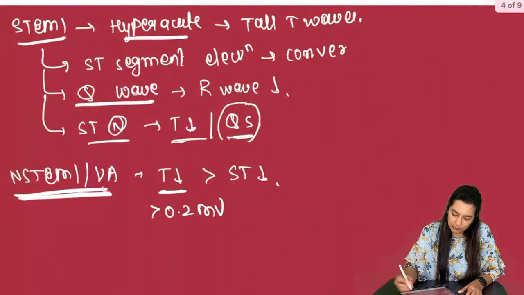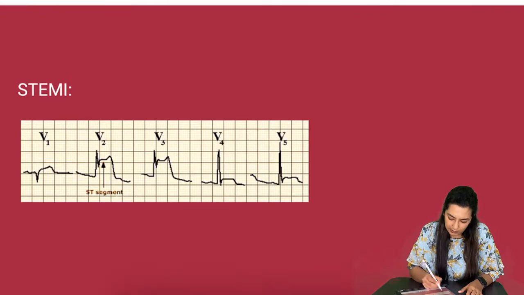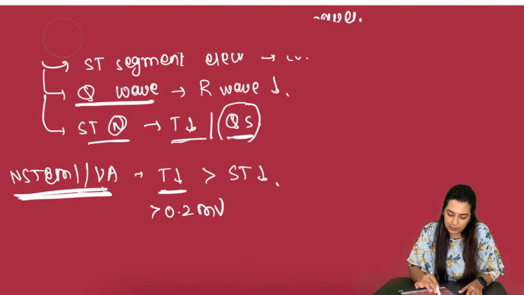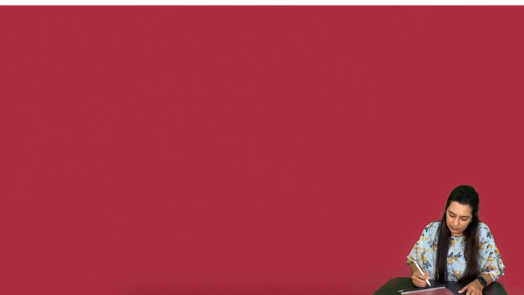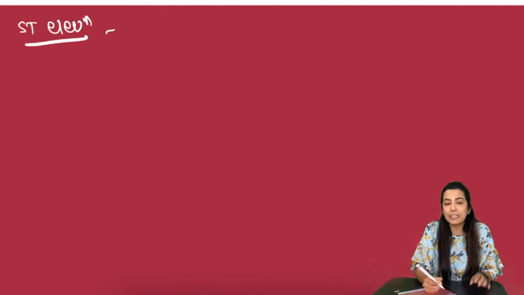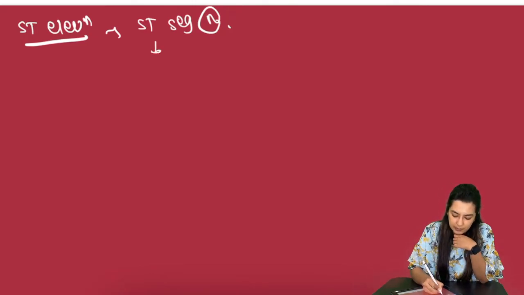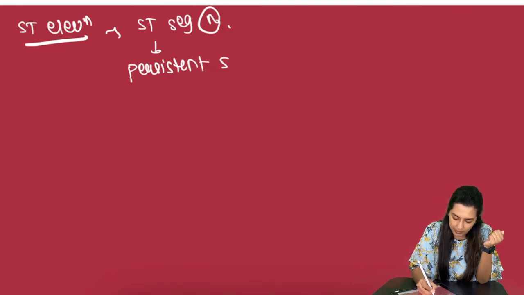Now as we have discussed this STEMI, I'll just show you the ECG. As you can see here, this is convex shape ST segment. This is ST elevation MI. Now, one more thing: there are three things here that we are going to discuss for ST elevation that appear the same. As I told you, in dynamic changes of ECG for ST elevation, ST segment will become normal. But if it persists, persistent ST segment elevation,